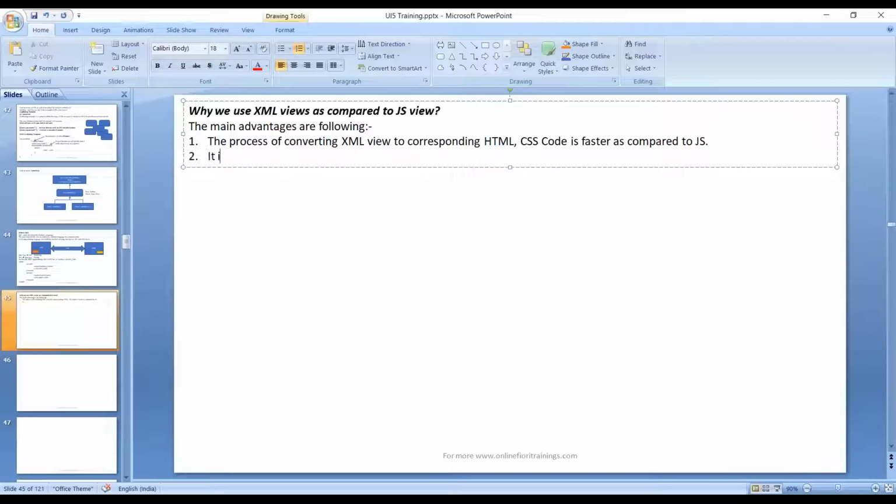Second, it is industry standard. If you ever go to real mobile development, be it an Android development or be it a development using AngularJS or be it a development using probably iPhone SDK, you would observe that XML views are used there. It's an industry standard, and our intention is always to keep ourselves up to date with industry and follow the best practices that are followed in industries. That's the second reason. Third major reason for the XML view also, avoid violating